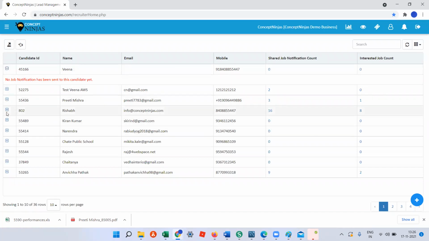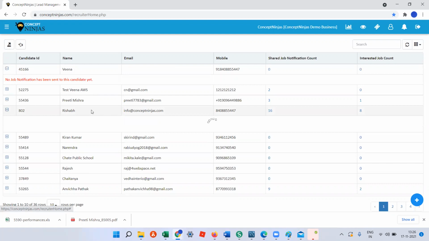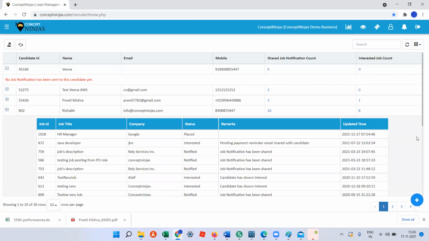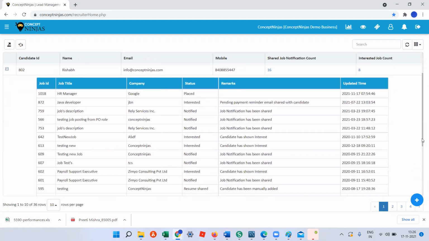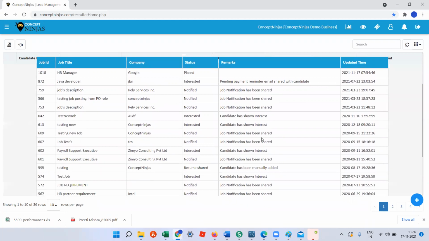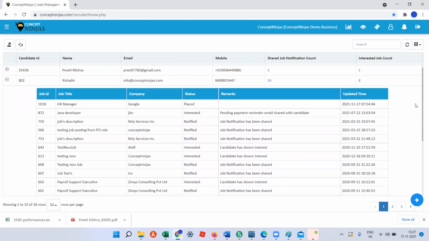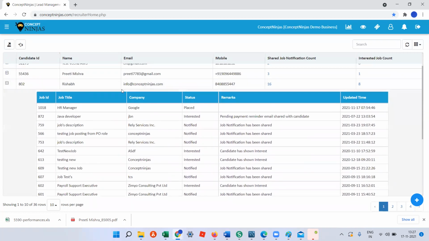Suppose we are talking about this Rishabh one. How many job notifications to this candidate have been shared, for how many has he shown interest, and for how many has he been placed. You can see that for the Google job he has been placed. So this is the data that we share in the report. You can also export this report in Excel.